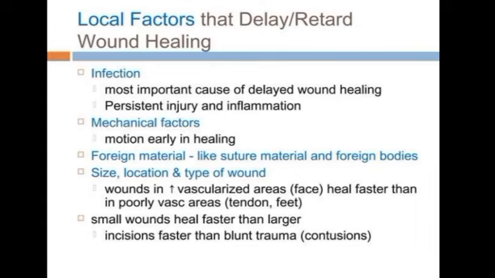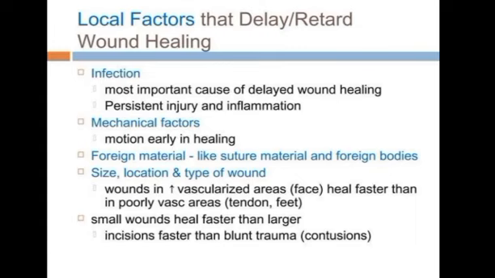First one is infection. It's the most common cause. Bacteria will enter the wound, inflammation will increase, more tissue will be damaged, collagen breaks down, and healing is delayed. Next one is poor blood supply. With reduced blood supply, less oxygen and nutrients reach the wound, fibroblast activity decreases, collagen synthesis decreases, and healing is delayed. Next one is foreign bodies: grass, dirt, dead tissue, sutures remaining in the wound cause persistent inflammation, impaired tissue repair and delayed healing.